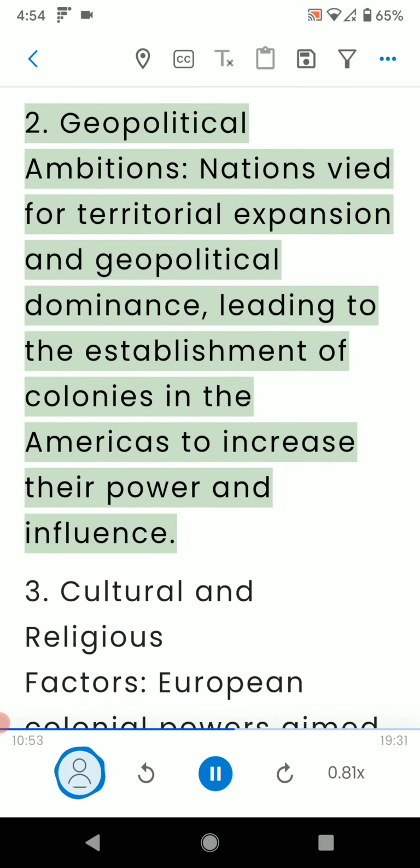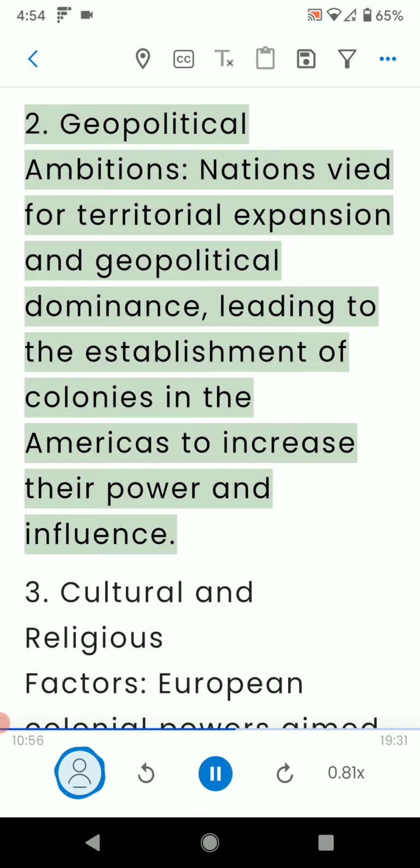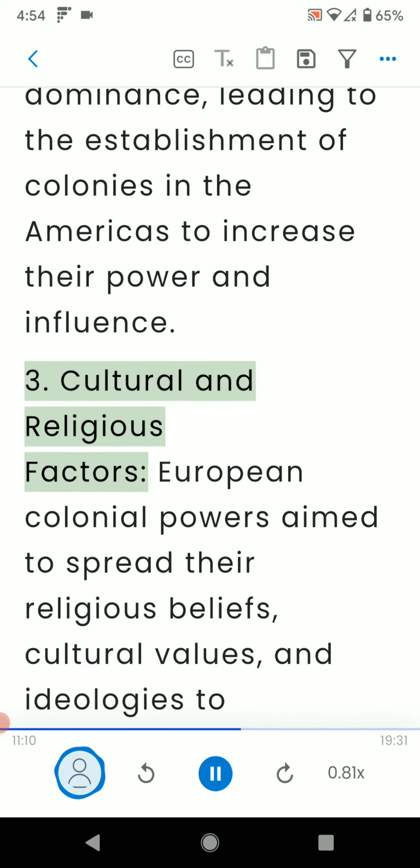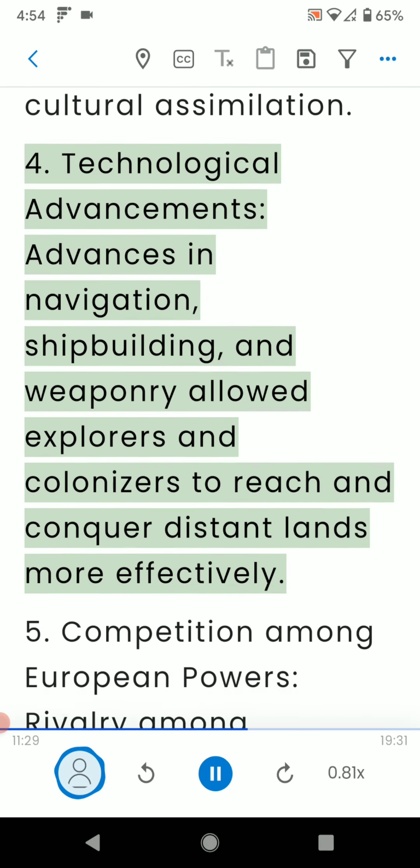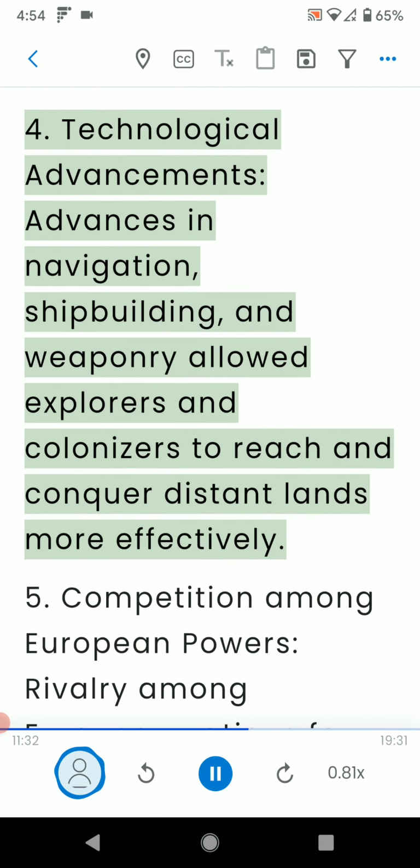2. Geopolitical ambitions. Nations vied for territorial expansion and geopolitical dominance, leading to the establishment of colonies in the Americas to increase their power and influence. 3. Cultural and religious factors. European colonial powers aimed to spread their religious beliefs, cultural values, and ideologies to indigenous populations through missions and cultural assimilation. 4. Technological advancements. Advances in navigation, shipbuilding, and weaponry allowed explorers and colonizers to reach and conquer distant lands